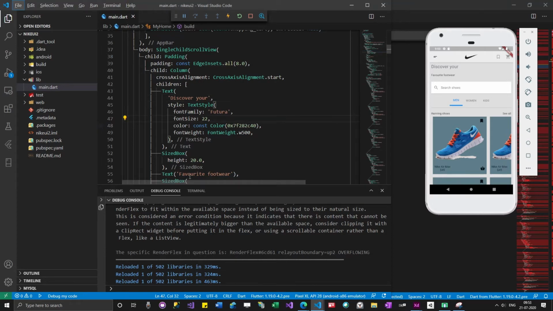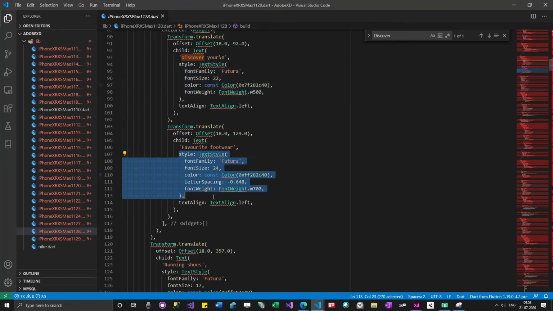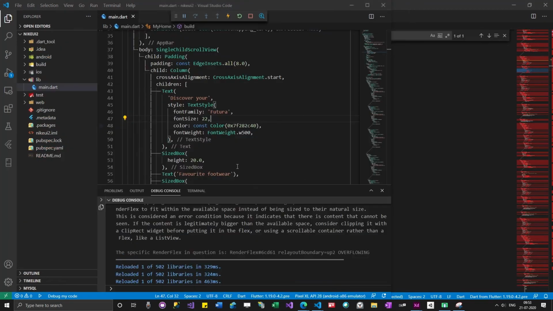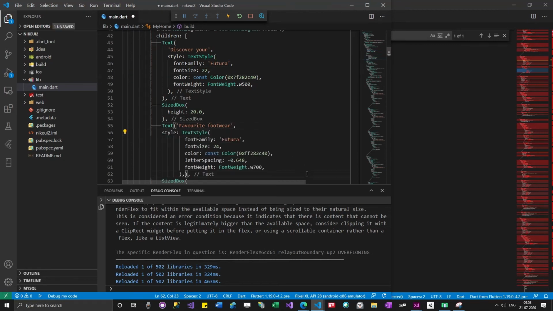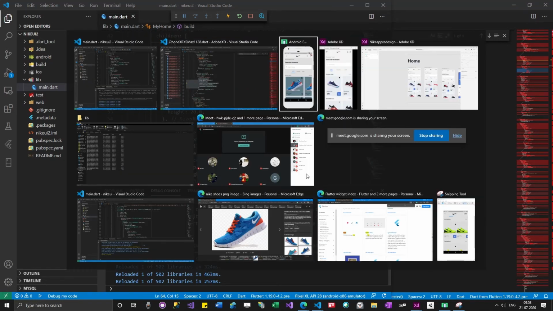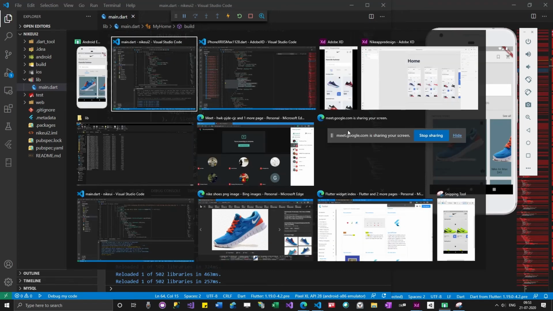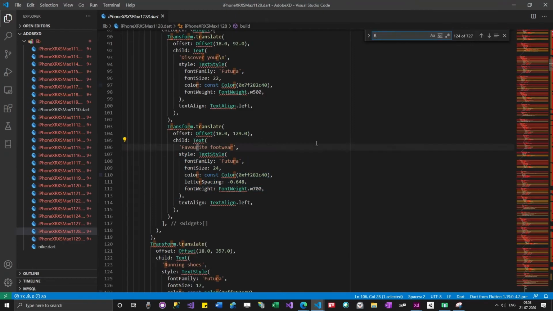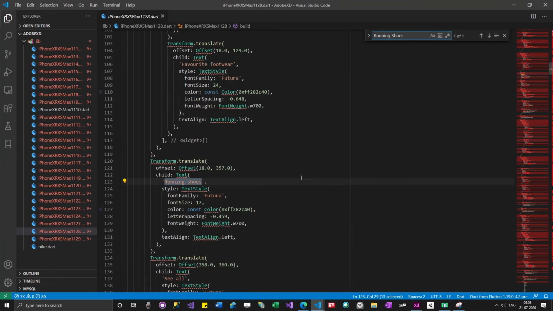So "Favorite footwear", it will be somewhere below it, and this is the style. So you can see favorite footwear has come, running shoes. So running shoes style is here.